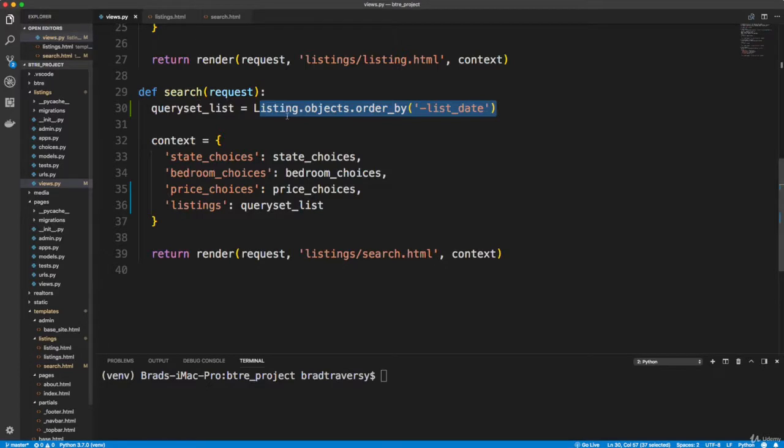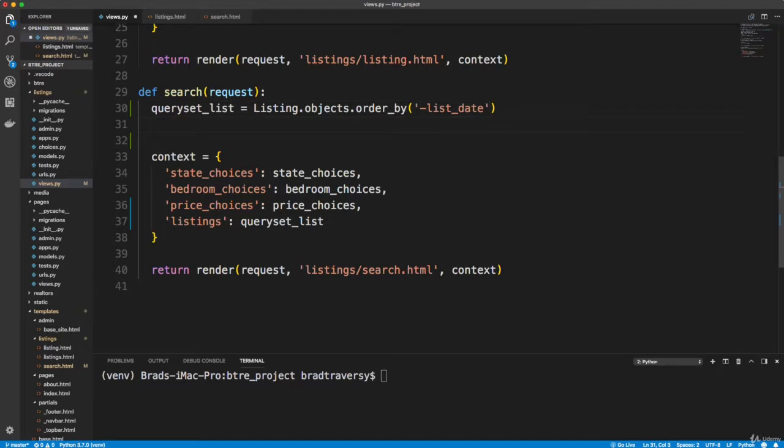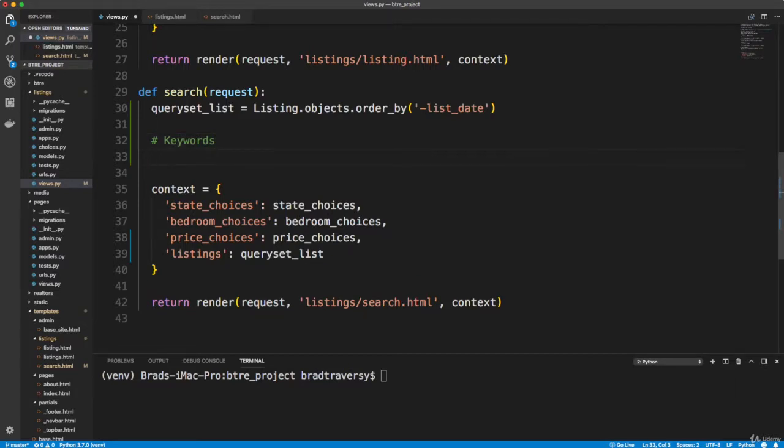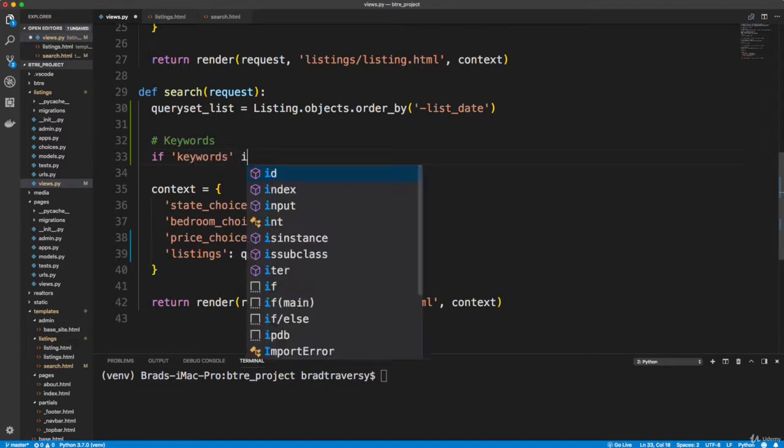So let's go back to views.py, and let's see how we want to do this. Let's just start with searching for keywords, okay, because we have a keywords field. So I'm going to go right down here, and I'm going to just comment all the fields. So we'll say keywords. And first thing we want to do is check if it exists. So we can say if keywords in